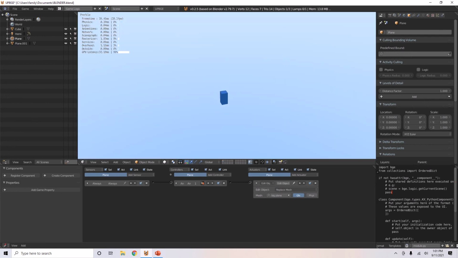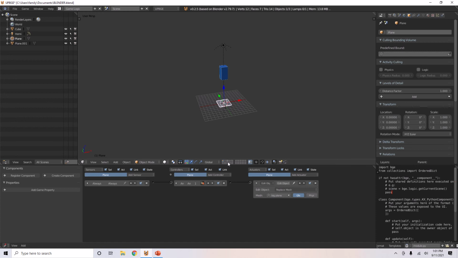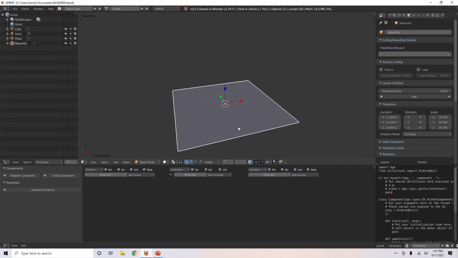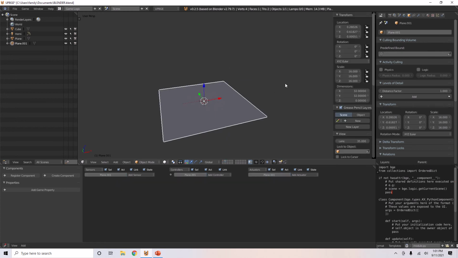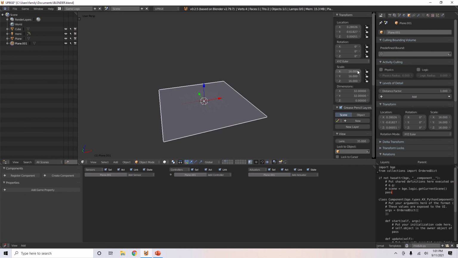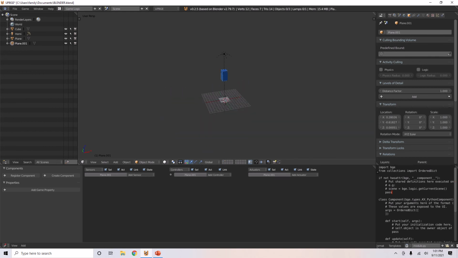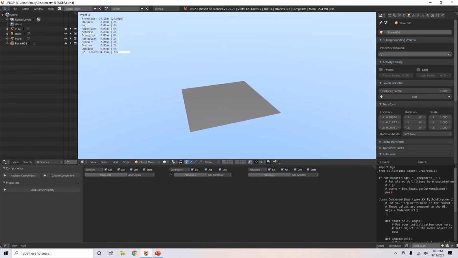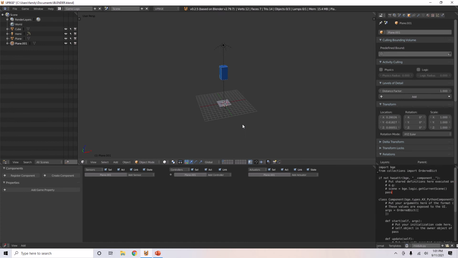But the problem is that the plane should be bigger, not smaller. So the scale of this object is 16, and if it's higher than 1, it can change things. So let's hit Control A and apply the scale. There, that's better, but oh, we fall to the floor after